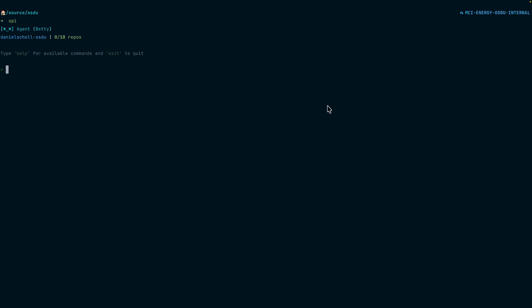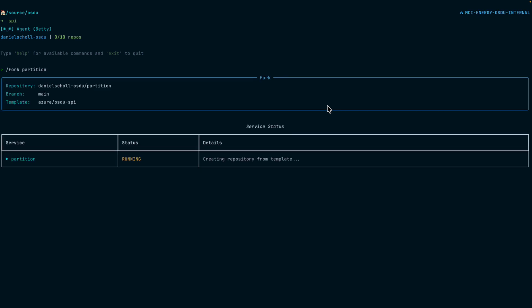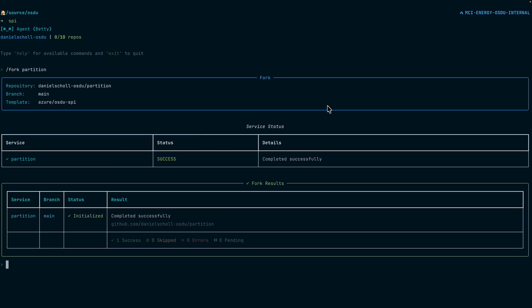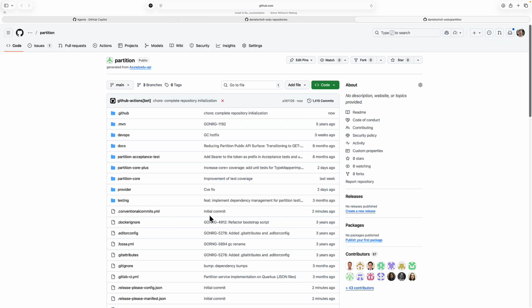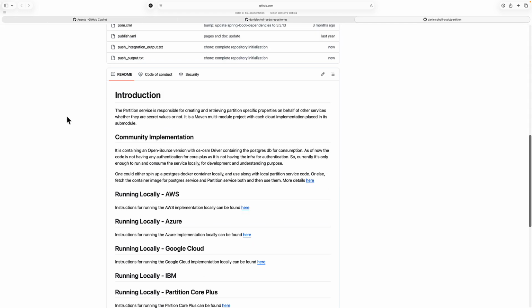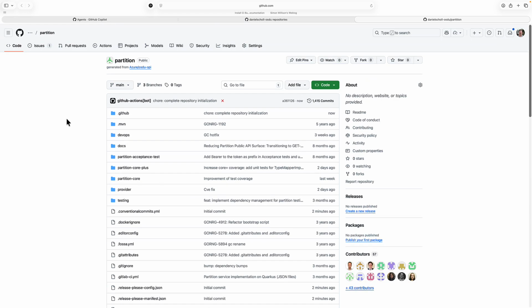The first thing we're going to do is establish a fork for the partition service and let that little agent loop process. Okay, that has completed. We can click over here. And what essentially has happened is we now have picked up out of OSDU the partition code, established the fork in GitHub, set up the repository with our OSDU SPI engineering system in a secure, reliable way that is already